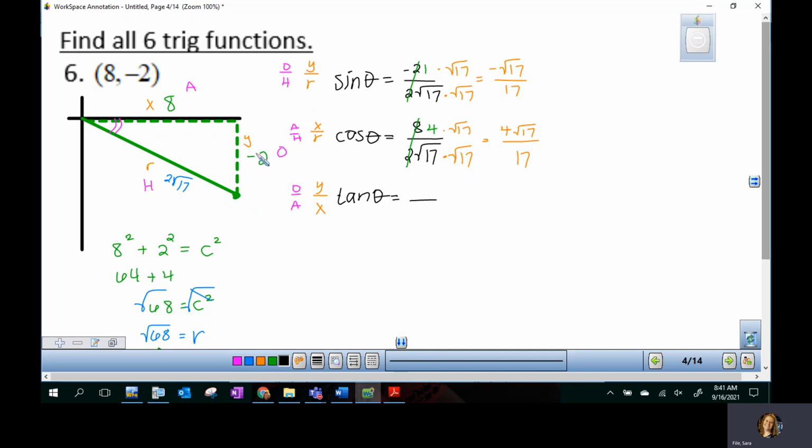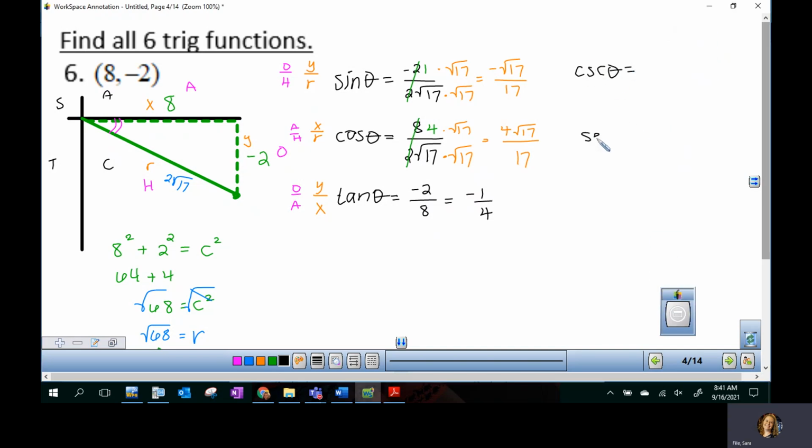Tangent is y over x. So negative 2 over 8. I can reduce that. What does that reduce to? 1 over 4. Now it's negative 1 over 4. Now let's just double check something real fast. All students take calculus. So what's supposed to be positive in this quadrant? Cosine. Is it positive? Are the other two negative? Good, that checks out. So then the reciprocals,